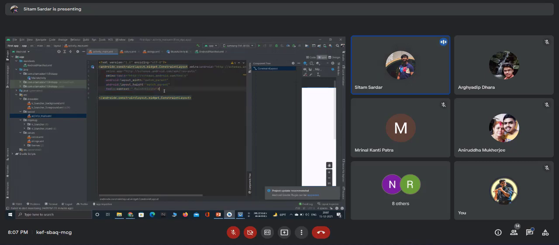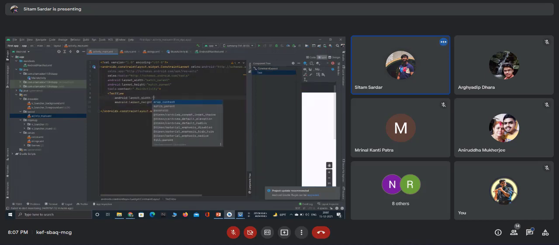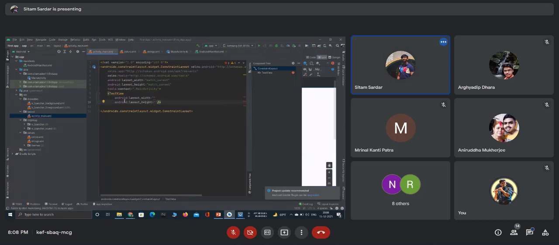Now inside that, you can think like it's a packet. Inside this, we can put another packet. Let's say we are putting another packet, text view. What text view is, what content layout is, I am coming to that. Just understand these concepts at first. I am giving a different tag. Now, for now, omit these errors.